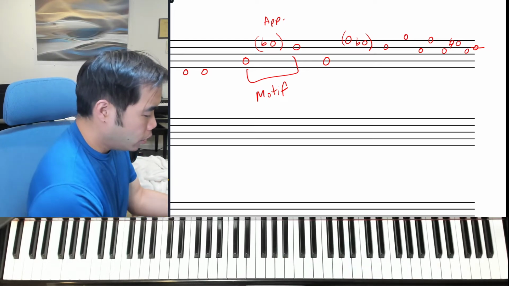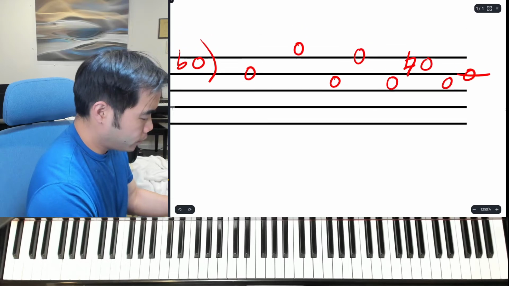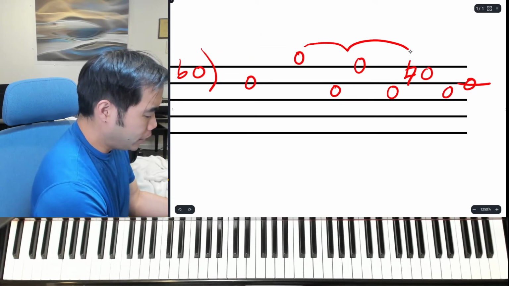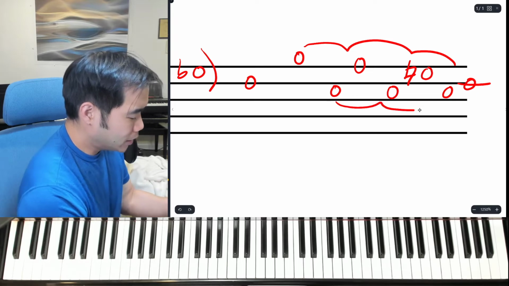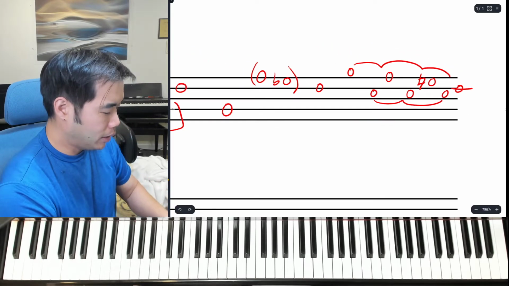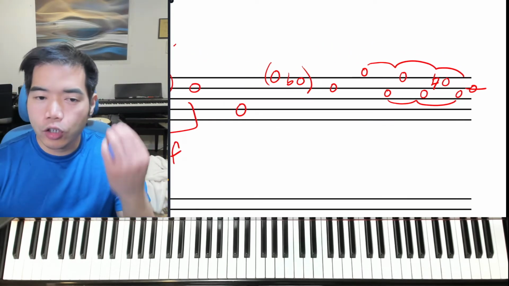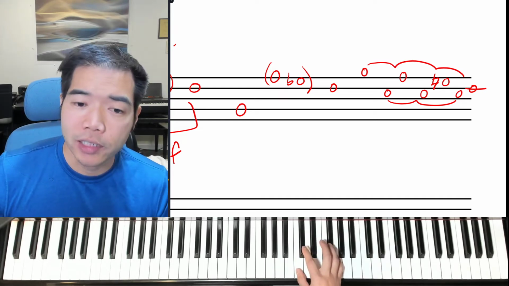Why does it work? Well, if you take a look, the top notes here are linear. They're stepping down by step. Also, I have consistent lower notes in the melody here, which makes it easier to track. It's like a two-part texture